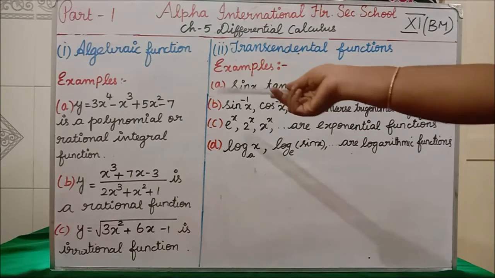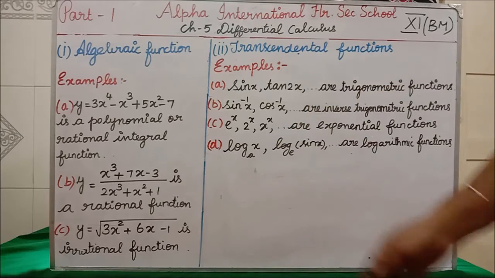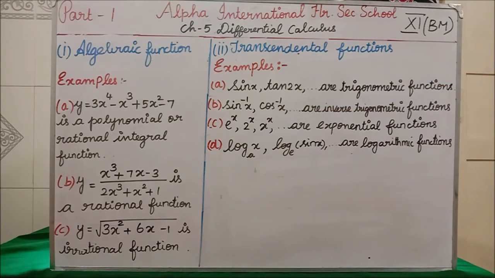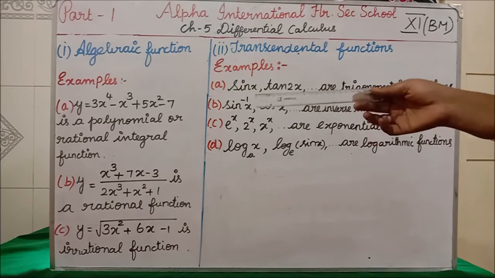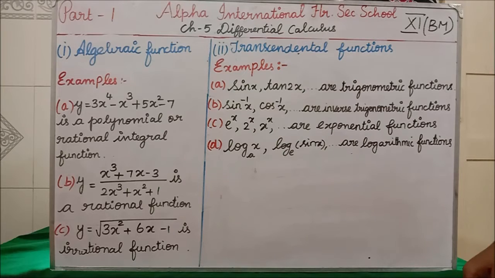So we are having more than 3 terms, so it is a polynomial or rational integral function we can say. Clear? Now you see example 2. Y equal to x cube plus 7x minus 3 divided by 2x cube plus x square plus 1 is a rational function because